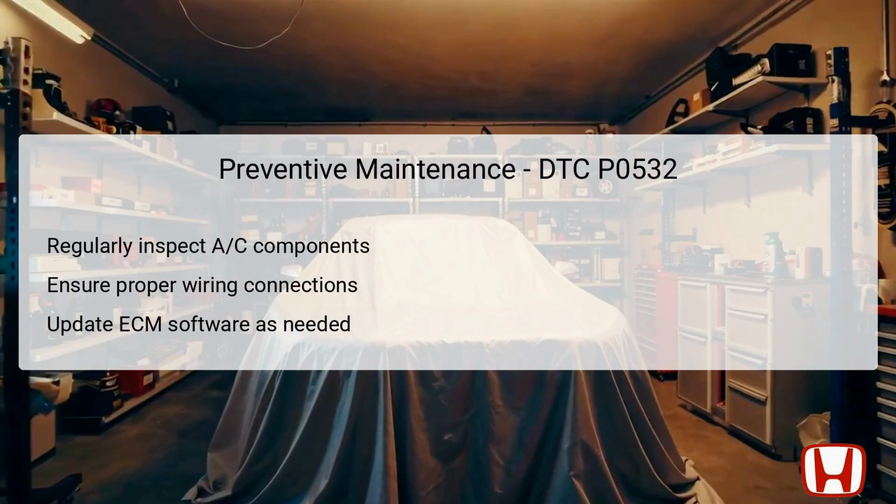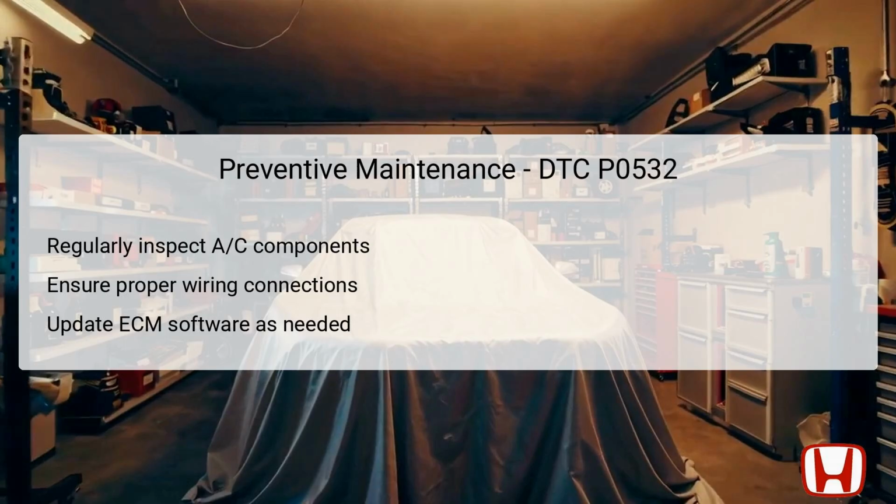Keeping ECM software updated is also necessary, as manufacturers regularly release updates that can enhance system performance and address known issues or bugs. Incorporating these preventive measures can significantly enhance the reliability of the AC system and help avoid expensive